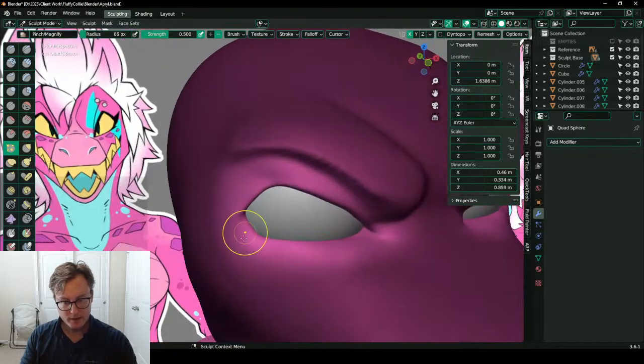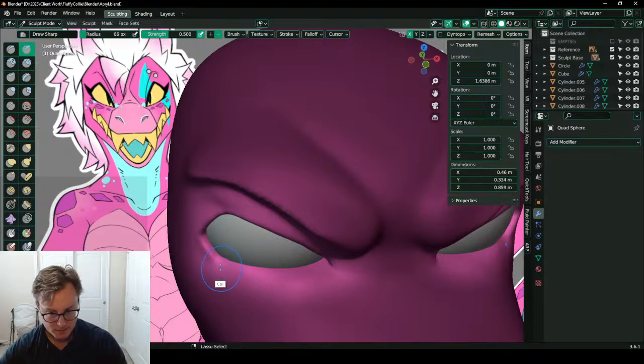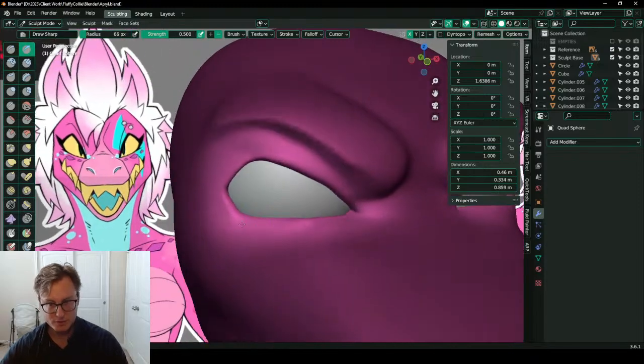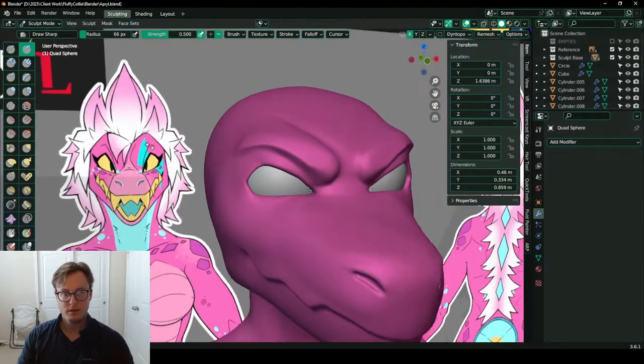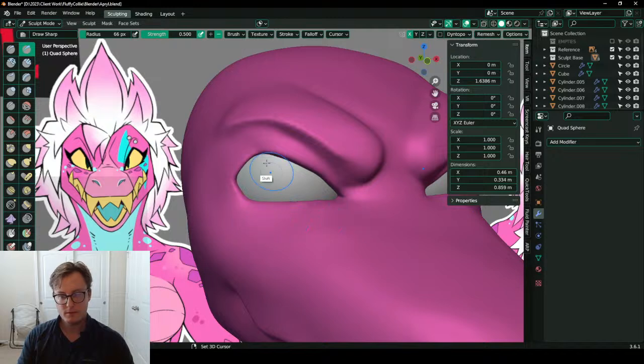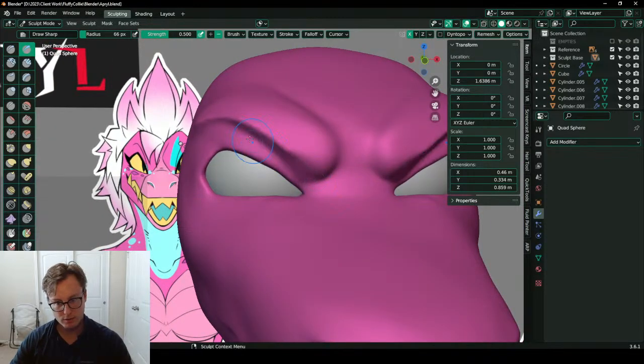I really do think that a lot of times when I was starting out sculpting, I kind of avoided using masks, but they are the key to actually doing sculpting. That's the magic, the secret sauce.